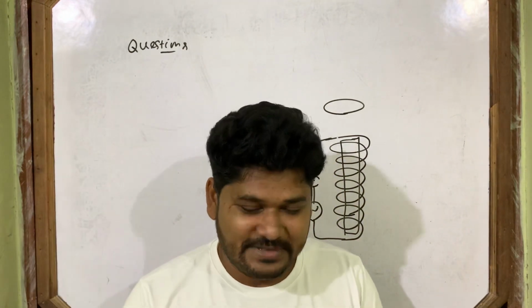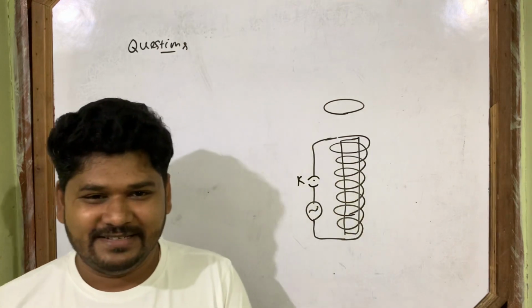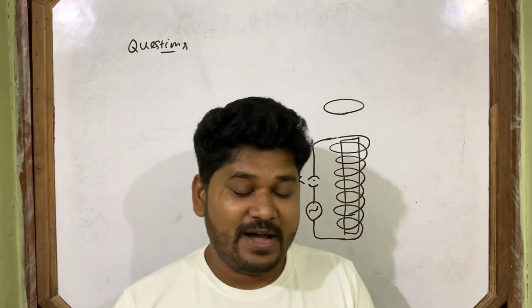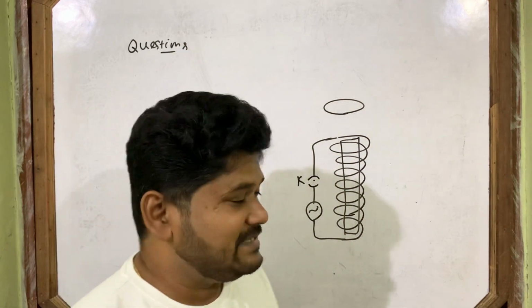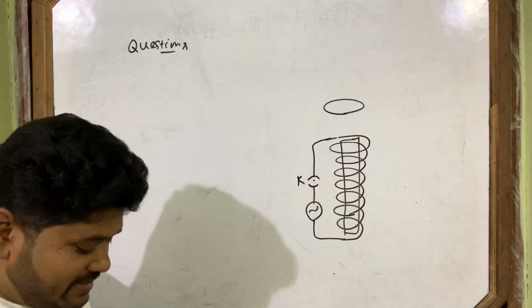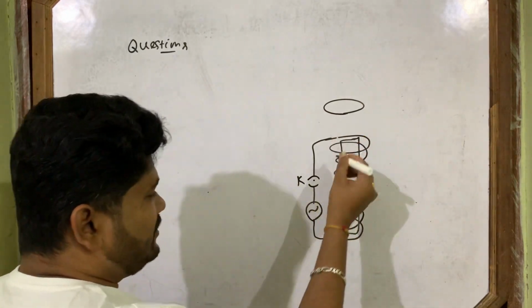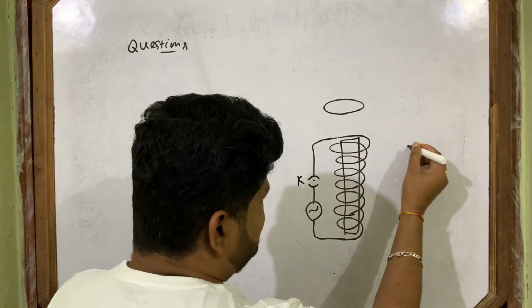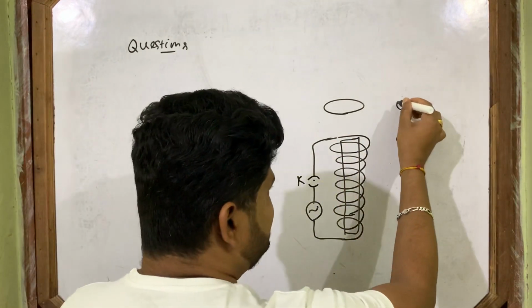Obviously, because I am now teaching you eddy current, your answer will most likely be, sir, due to eddy current. But how will you understand this explanation of eddy current? Now let's see how I explain it. You now see the upper part of this coil. I'm taking only the upper part of this coil, and this is the ring.